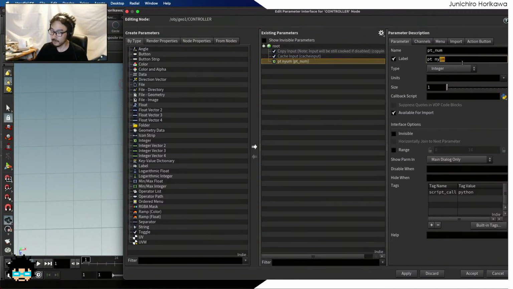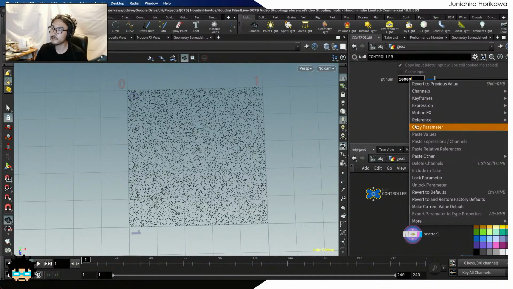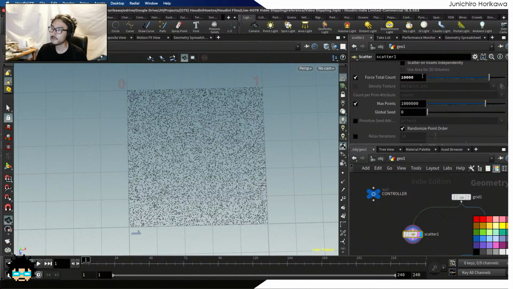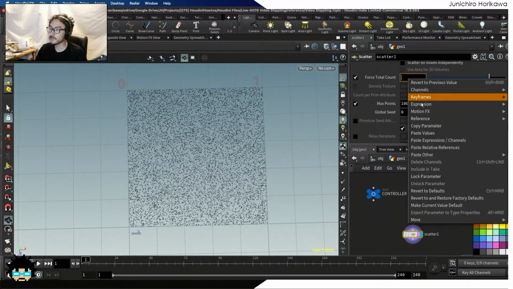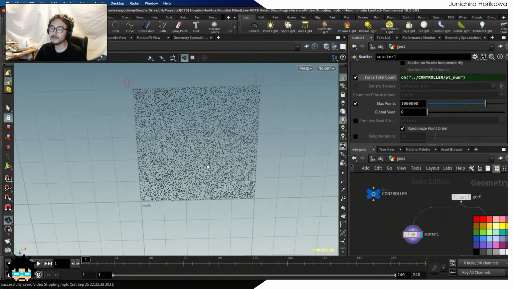Point count from 0 to, I don't know, 100,000. Alright, then for now let's make this 10,000. Let's link the parameter value here. Now if we look at the points, it's a bit hard to see